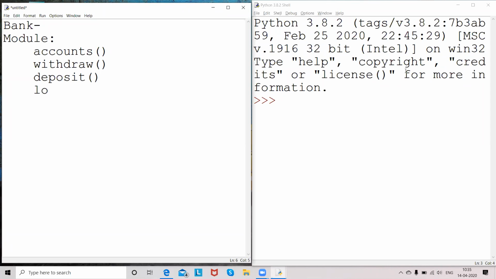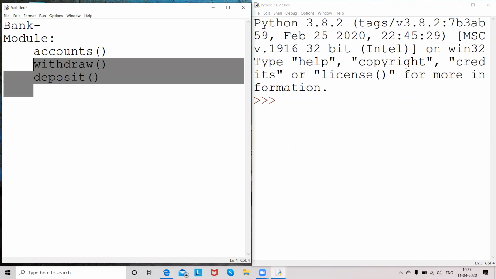And similarly, you can have many other modules which are involved with the bank, maybe a loan section, maybe any other option. As of now, I'm trying to implement these modules. I'm not even going with the loan. So I'm taking basic modules. Accounts, which maintains the account details of the users.